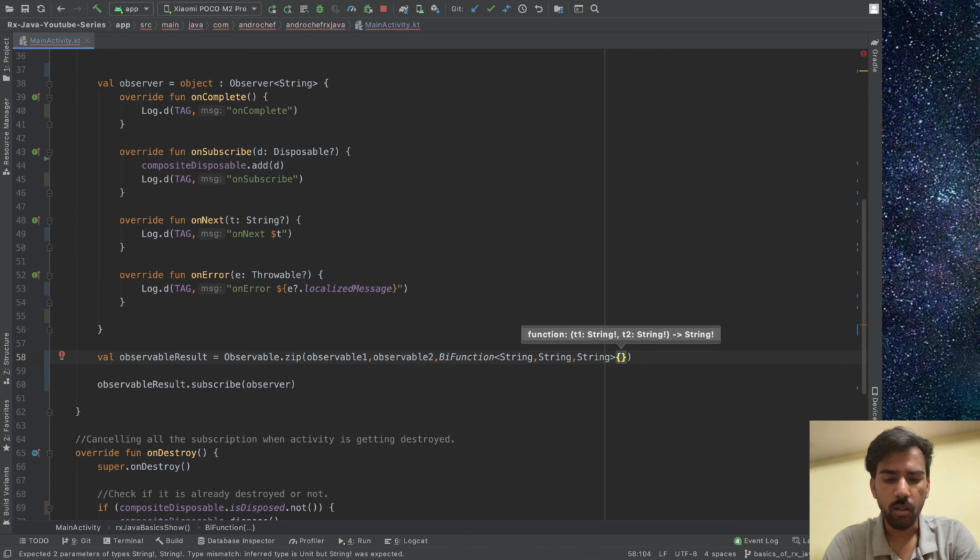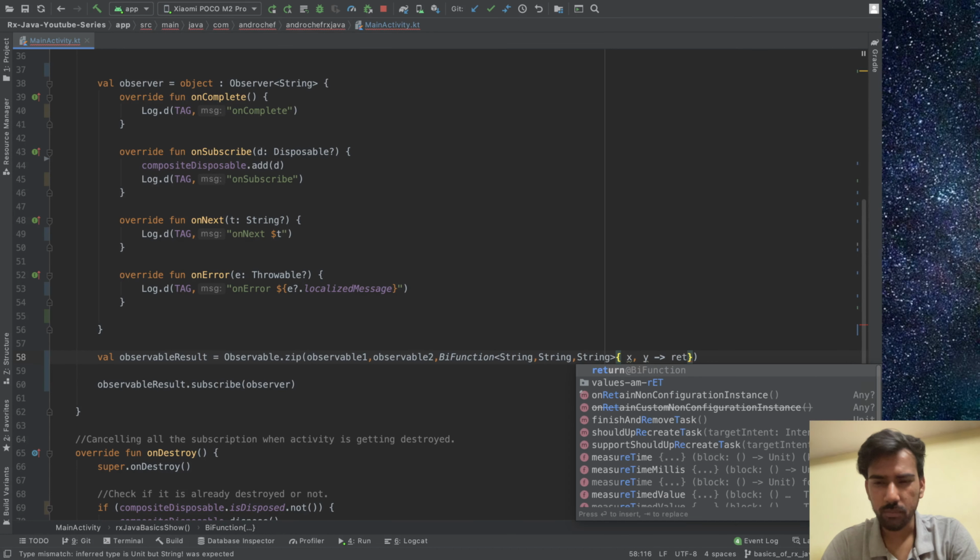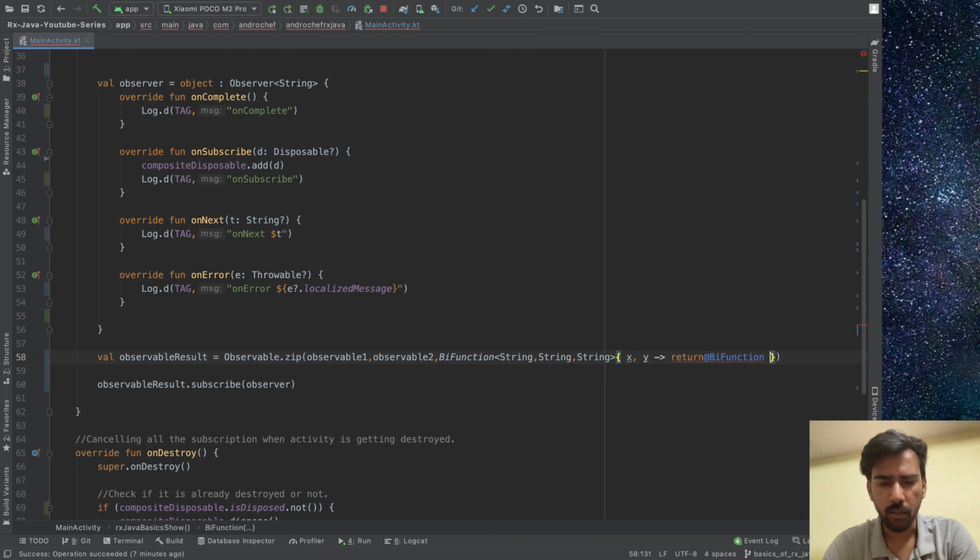Cool. Now the first item I'll call x and the second one y, and combining these two, we need to return some value. So I'll return, and in the BiFunction, I'll just add these two items. Now I'll just indent this.